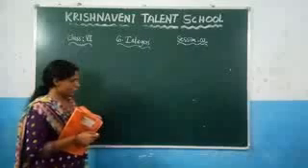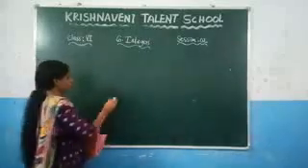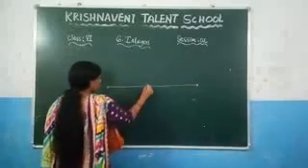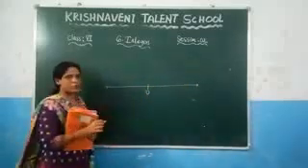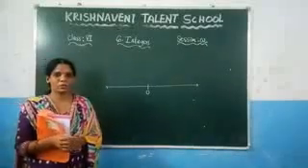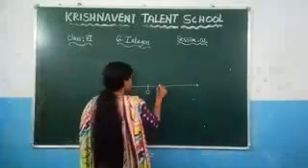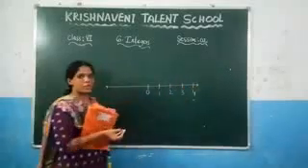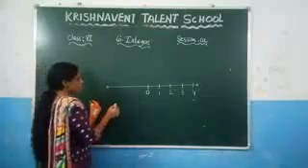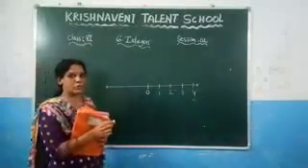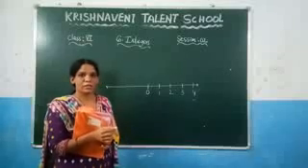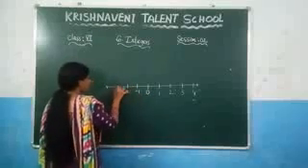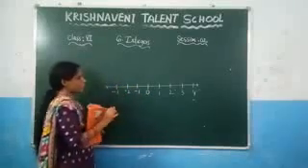So here, let us draw the number line again. At the center, 0 will be there. To the right side of the 0, there will be the positive numbers. So write here 1, 2, 3, 4. And to the left of the 0, there will be the negative numbers. For negative numbers, you need to keep the symbol minus before them. It indicates that those are the negative numbers. So here -1, -2, -3 and so on. It goes on like that.